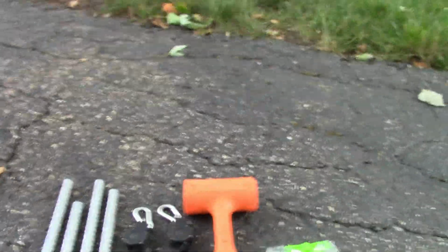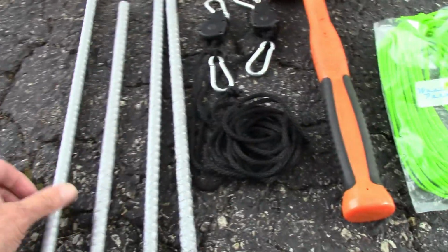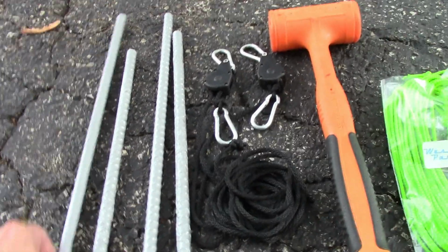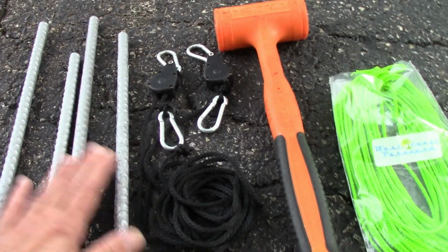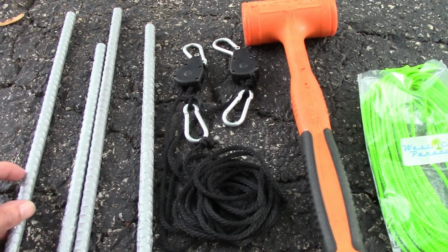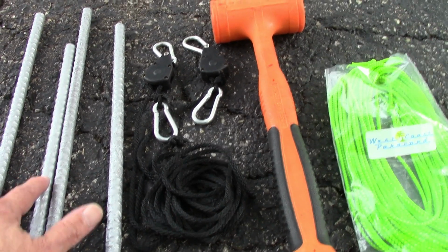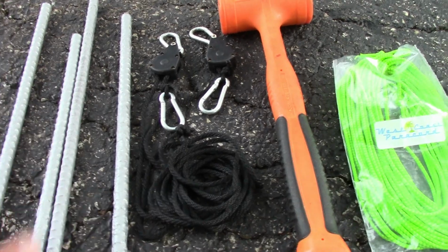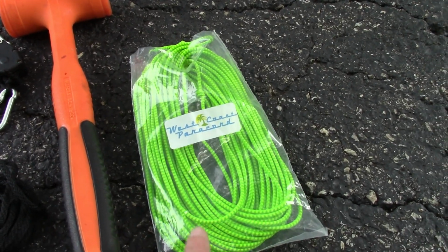Okay, first of all, get my camera straightened out here. Sorry, guys. First of all, we got a few things here. We got a few posts, little pieces of rebar basically, that I've cut and painted so that they wouldn't be so grabby. They're a little bit smooth, yet they're grooved, so that when I hammer them in from side to side and put the cords across them, they'll have a little bit of a groove to lay into when I put a little tension on them with a 50-foot length of